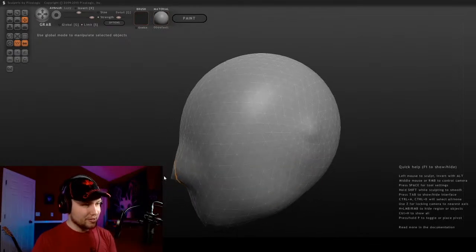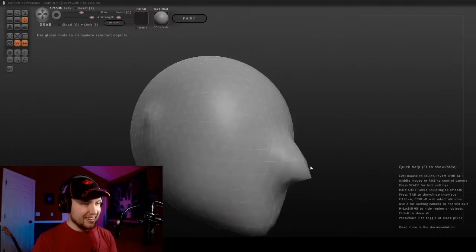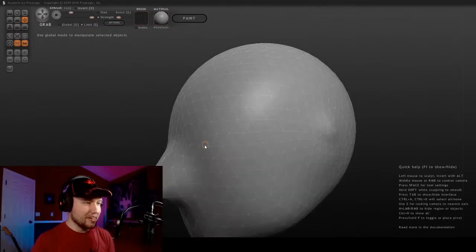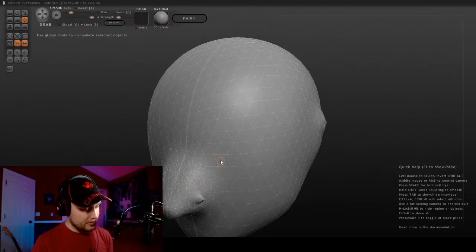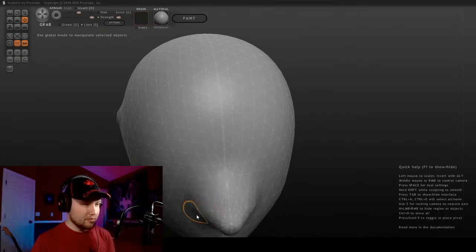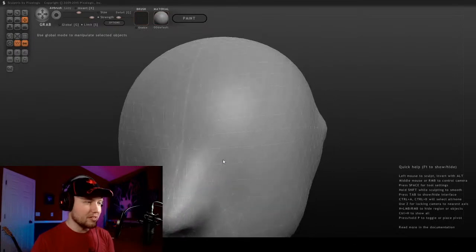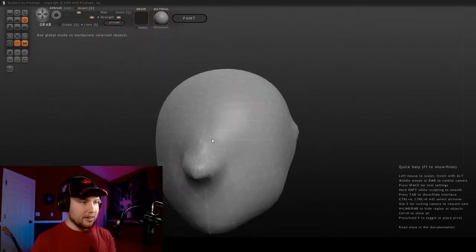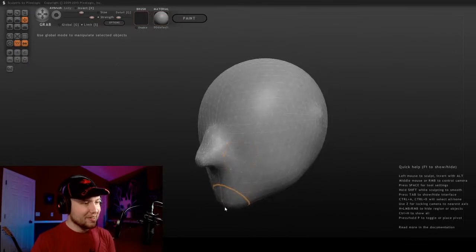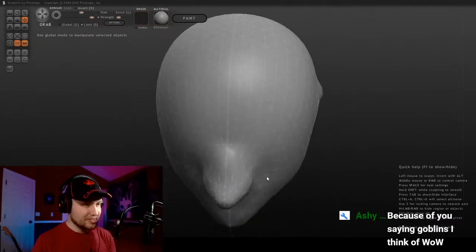All right, and we'll just chuck a nose onto this thing. Yep, there's a nose. And it's not auto. Oh, there we go. See, the cool thing about this program is it automatically adds extra vertices as you need them. So that's pretty cool. Blender, as far as I know, doesn't do that, but I haven't done a lot of sculpting in Blender. Maybe they've got something like this now, but back in 2015, they didn't. So yeah, there's a nose. We'll just give it a nice big bridge like that. Yeah, we'll give it a more defined chin. We'll give it some